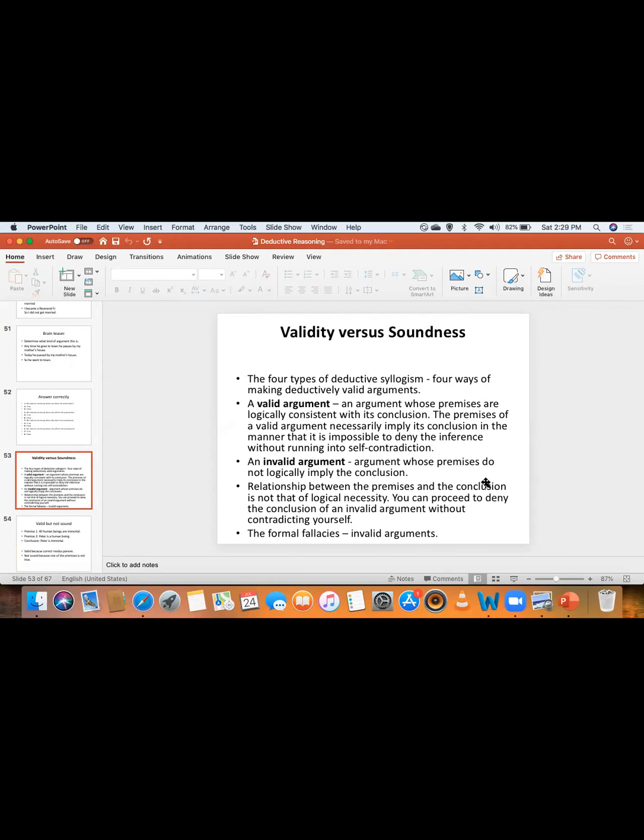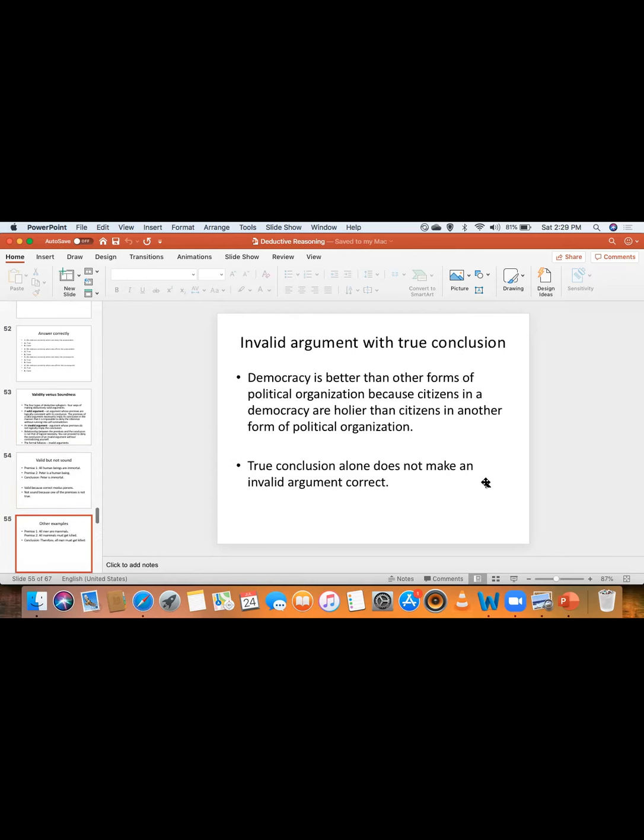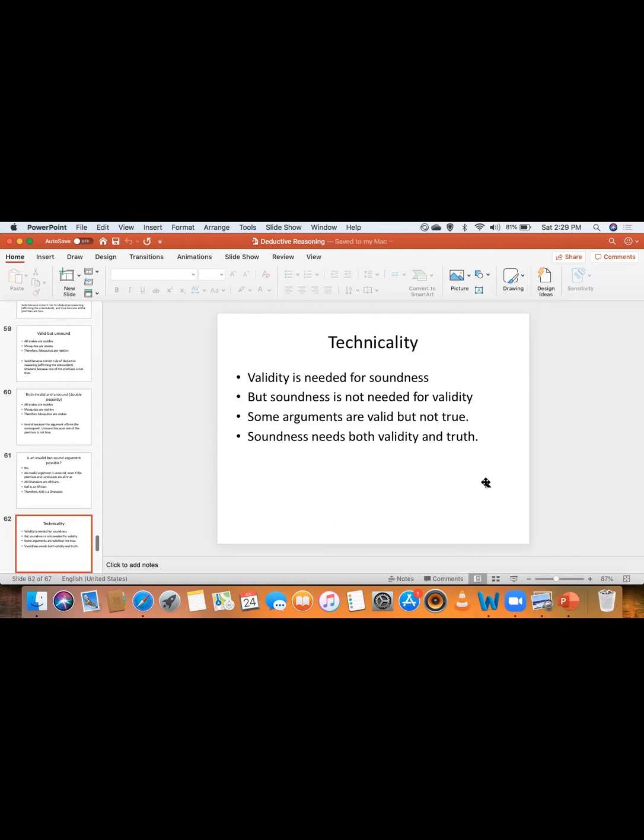Then we saw validity versus soundness. We asked whether a valid argument is a sound argument, and we said no, not all the time. An argument could be valid, but it is not sound. For an argument to be valid, it follows all the correct rules of deductive reasoning. But if the information in the argument is not correct, then the argument is not true and it is not sound. So we can have a valid but unsound argument. For an argument to be sound, it should be both valid and true. So that was the end of our treatment of deductive reasoning.